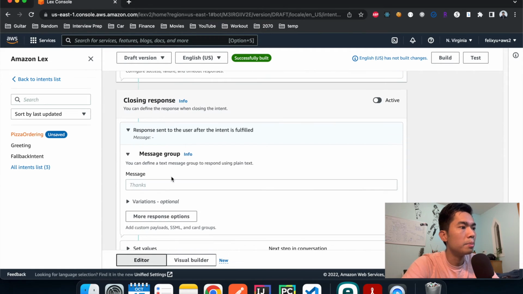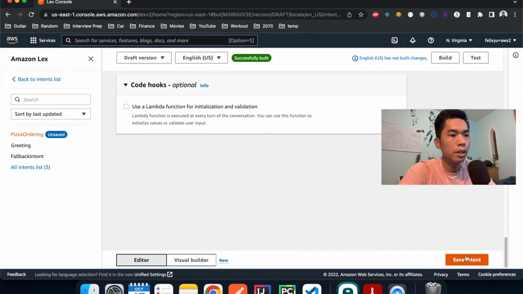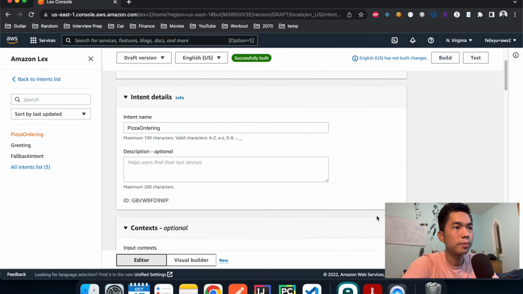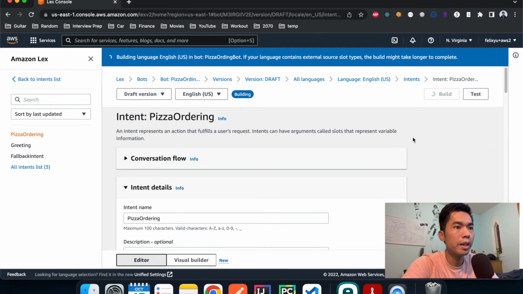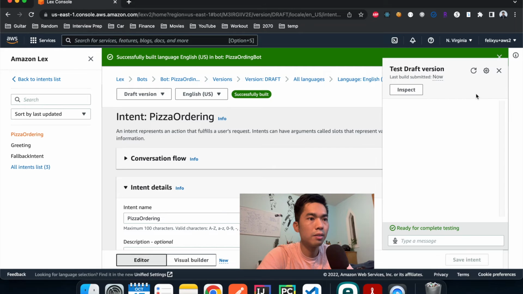Okay, so this is pretty much it. We don't have to do anything else here. Just hit save and then hit build again. Okay, so the build is successful. Let's test it out. Let's say hi,